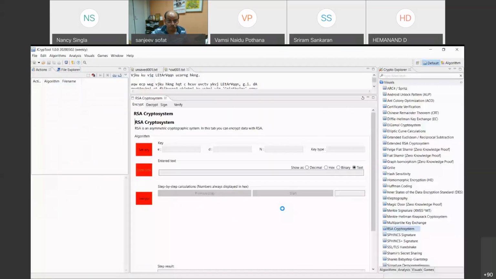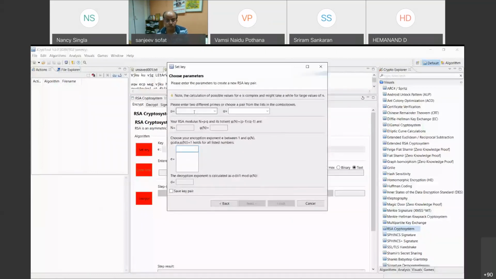It's open. Basically, it's asymmetric cryptography where you need a key pair for encrypting and decrypting the message. It's easy to use. This is set key. You need to choose a key. We'll create a new key pair. You might be familiar with the algorithm, we need to choose two prime numbers.